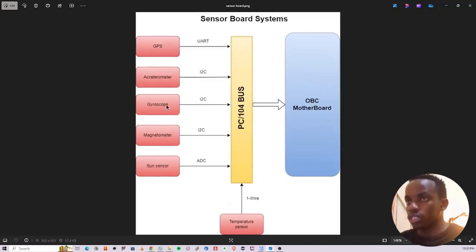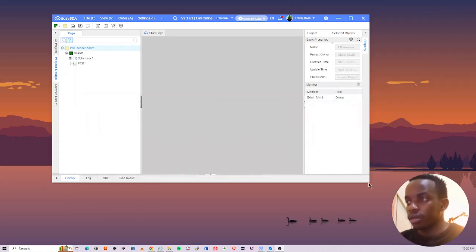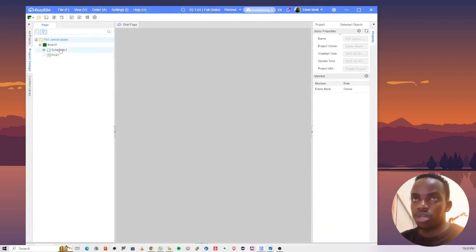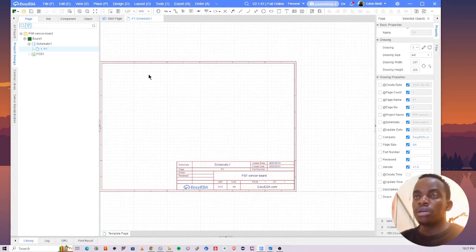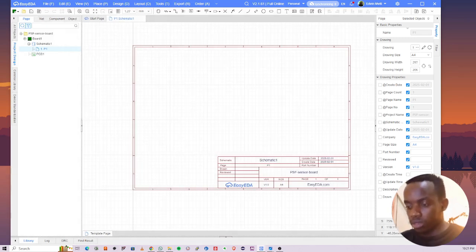So let's design this, let's translate this into a schematic. So I have open EZDA, and I've created a project called sensor board. So I'll open the schematic here. Schematic, expand this a little bit. And let's start with, let's see what we start with. Let's start with the